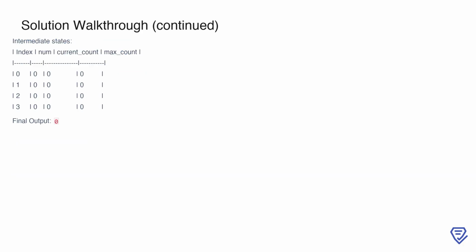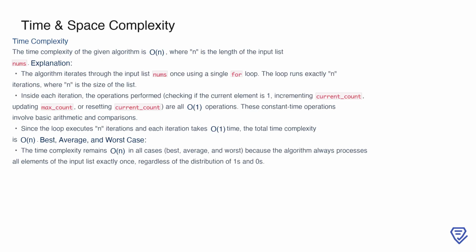Looking at the intermediate states for this example, at every index from 0 to 3, the value of num is 0, which keeps current_count at 0 and max_count at 0. There is no streak of ones, so the longest streak is 0. The final output for this input is 0, which confirms that the solution correctly handles cases where the array contains no ones at all. The time complexity of our algorithm is O(n), where n represents the length of the input